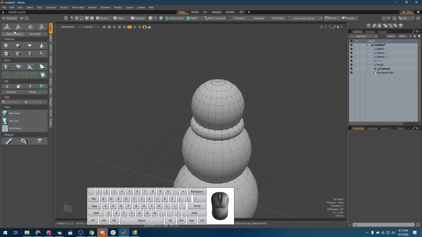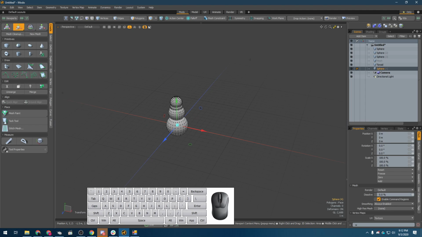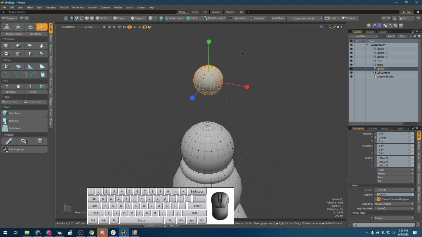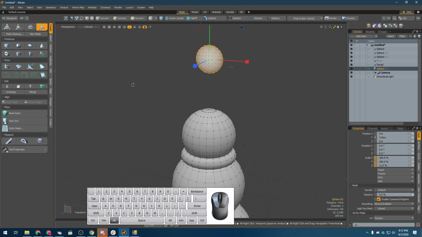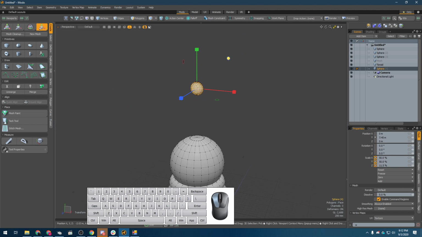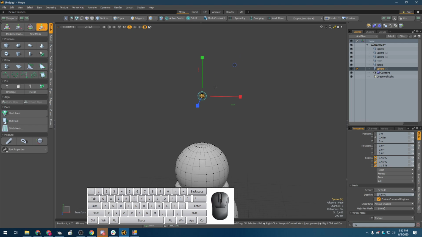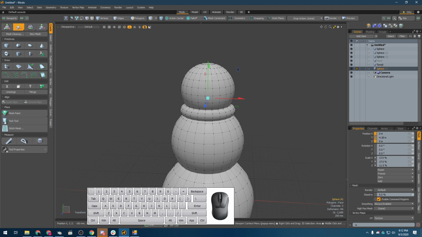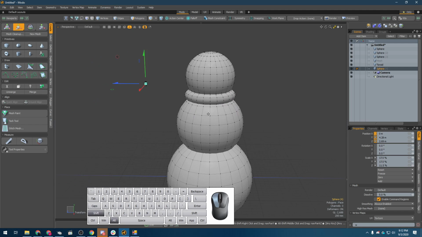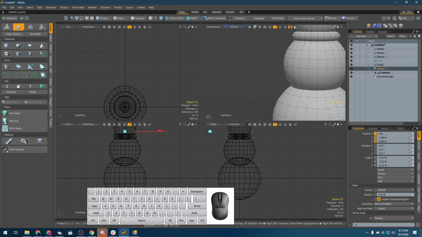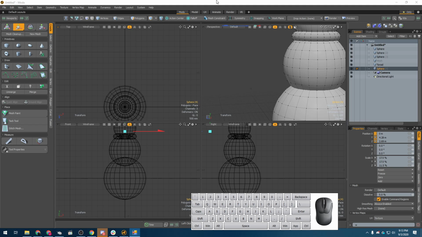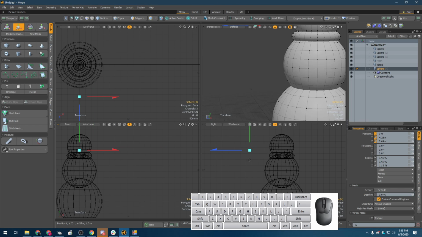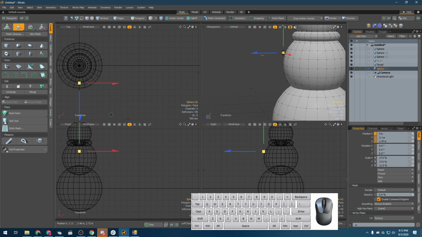So here I'm going to add in another sphere, bring that up, and we're going to flatten this out by just scaling down in the z-axis, and then we're going to shrink it down in x and y using that blue circle. I'm going to move this down here, and I'm looking at this from different angles, so at this point I might want to just go to these side views and press the A key to frame up my object,